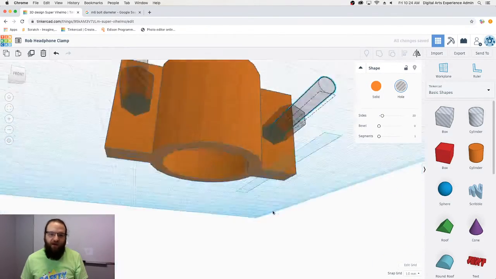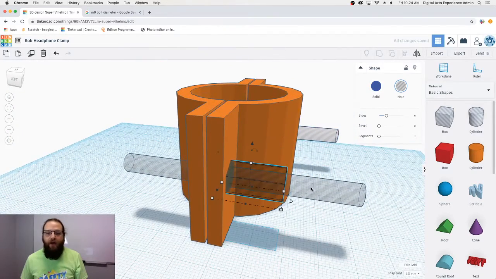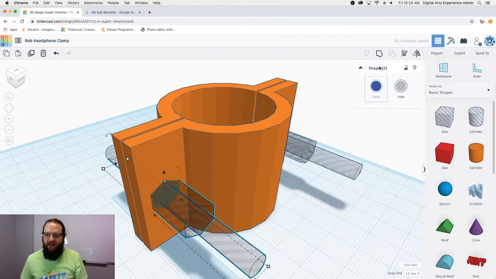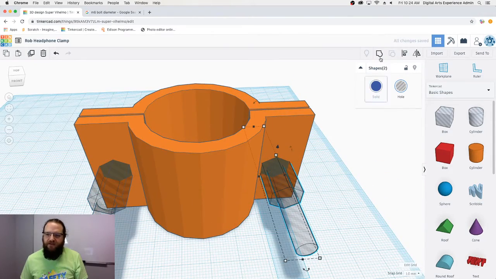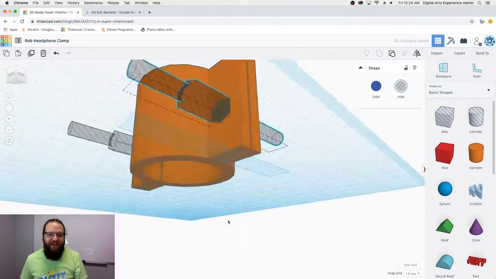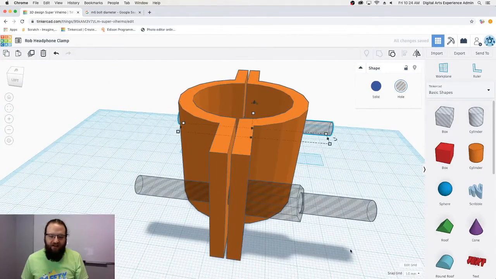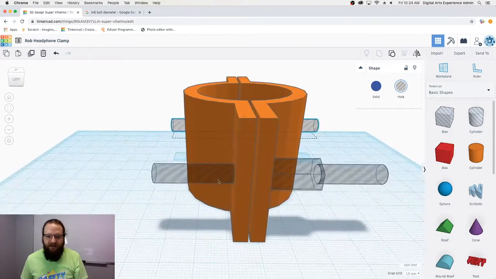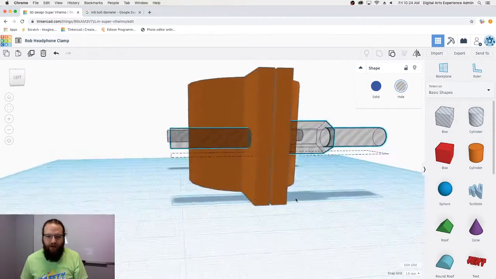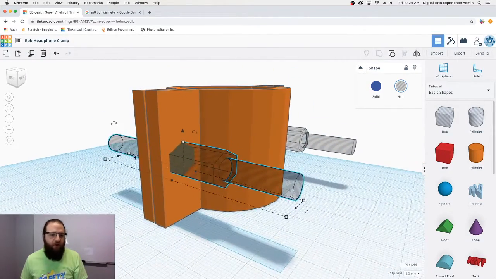And it doesn't matter what it is, as long as it goes all the way through. And now we're going to group these two holes together. And same thing here. We're going to group these two holes together. So now we basically have a hole that is our little recessed nut. In addition to that, we have our hole going all the way through for the M6